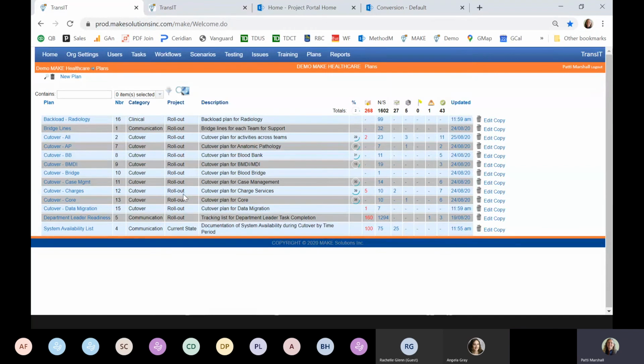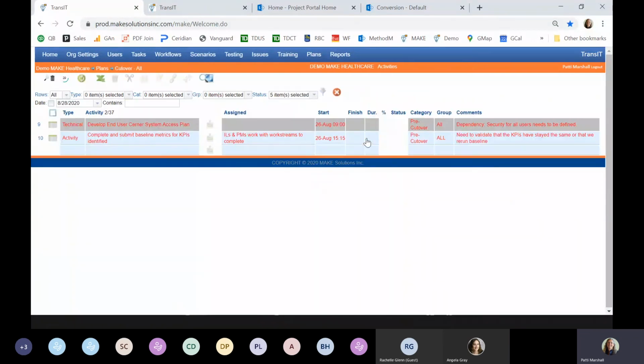The beauty of this screen is, as you can see, I've broken my cutover plan into a few solution areas. And because I've done so, I can tell what the activities are that are falling behind each of my plans. So instead of going through one single plan and trying to filter in there to the activities that are falling behind, now from this plans page, to find out the activities that are falling behind in my all plan, I just click on this number 2, and it takes me right in here to those specific activities, to a filtered view of those. So really, really good for helping hold your teams accountable, and really good from a management perspective